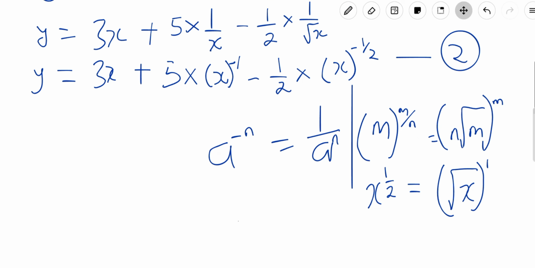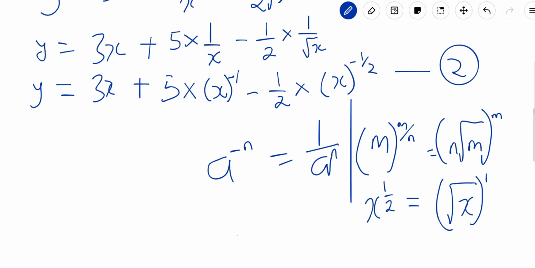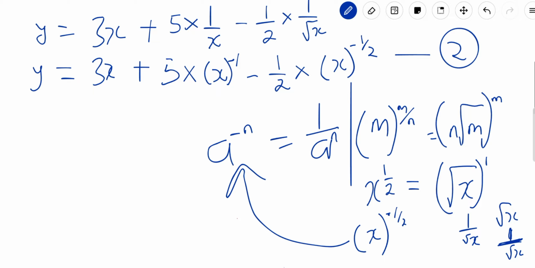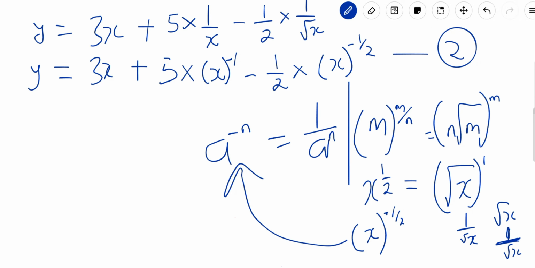That was how I was able to transform 1 over root x to x to the power of negative 1 over 2. The reason why you're having a negative sign here is because this is not just root x we are transforming, you're transforming 1 over root x. So that is why I'm having a negative sign here, because it is 1 divided by root x. So that's why this negative sign is there, following this law of indices. Alright, so having that crashed out,